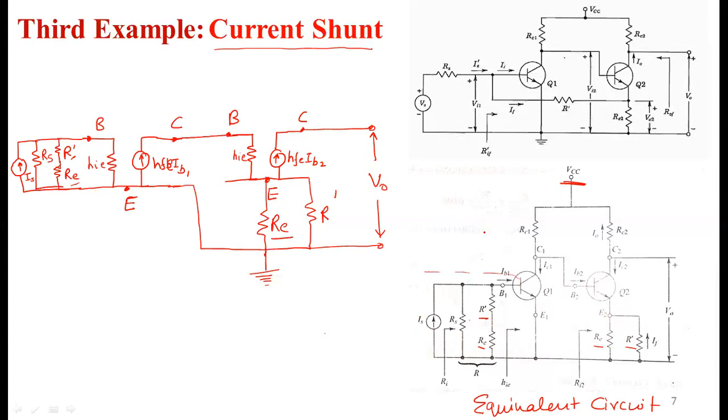So rest, now we have to draw the RC1 and RC2. So we can see that the C1 is connected to the ground through RC1. So here we can draw the RC1, and here we can draw the RC2. So this is the complete simplified hybrid model for the circuit.